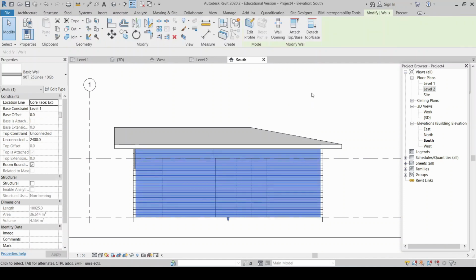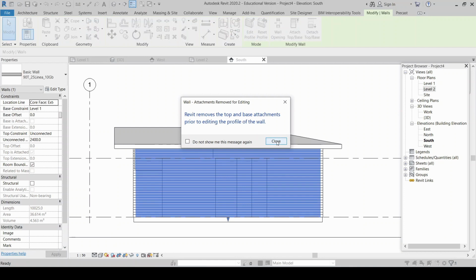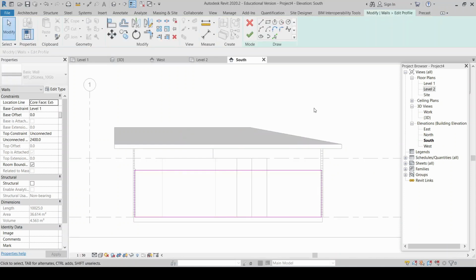So if I click on this wall, I have the option up here to edit the profile of the wall. If I click on that, it's telling me it's going to remove the attachments before I edit the profile of the wall. So what it's saying is that those attachments to the roof are actually not real. They're part of a profile, and it's going to show me the wall as it actually is, not the way that it appears in this view. So I click on that,